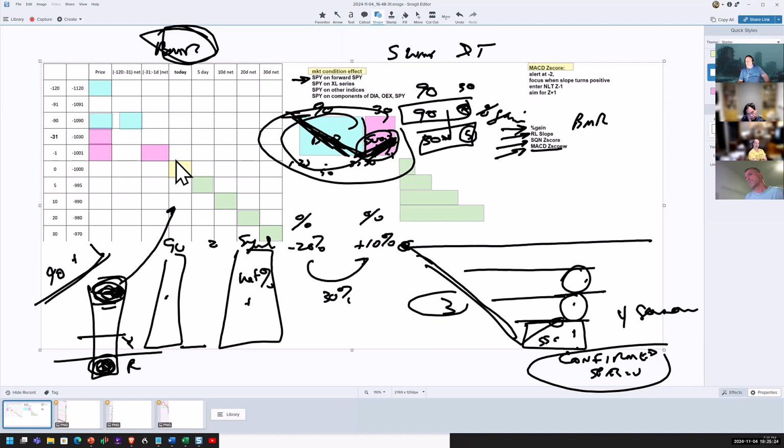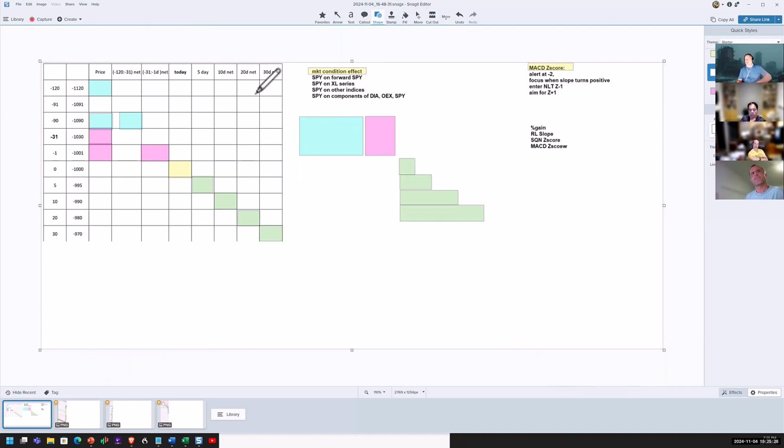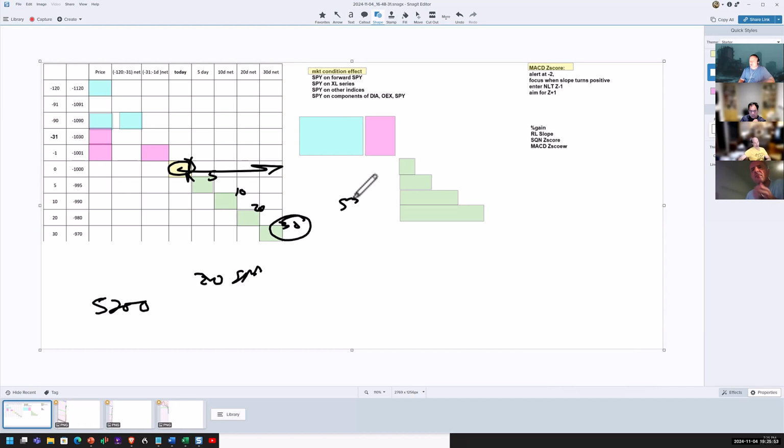Well, the way we're going to do that at first is to simply go back 20 years in SPY, and then for every day of those 5,200 days, calculate what the price was 5, 10, 20, and 30 days forward. And then, for example, if I take all 5,200 days and all the 30-day gains